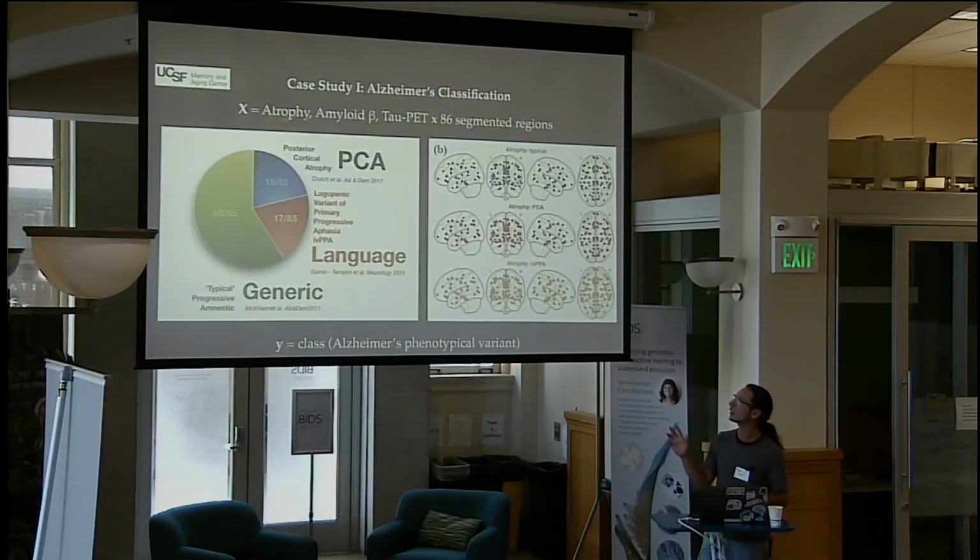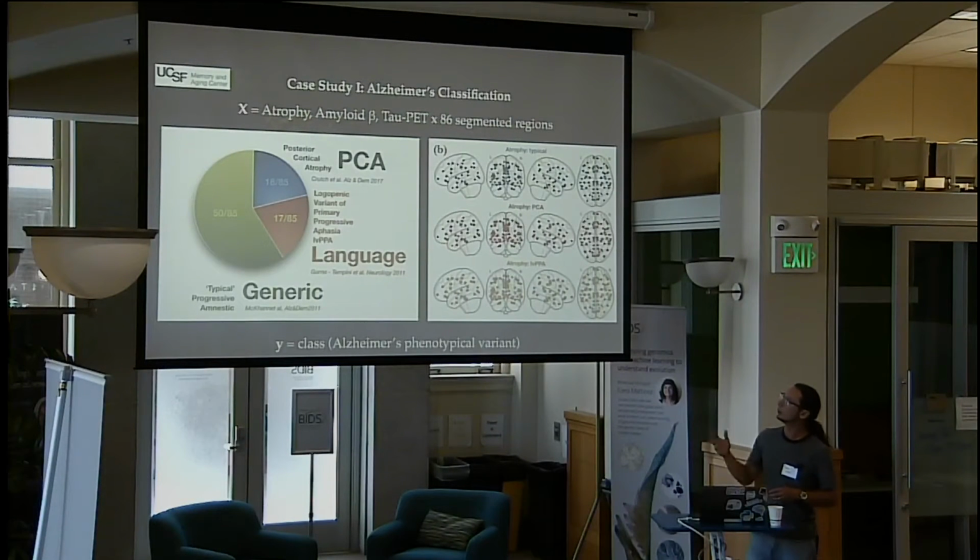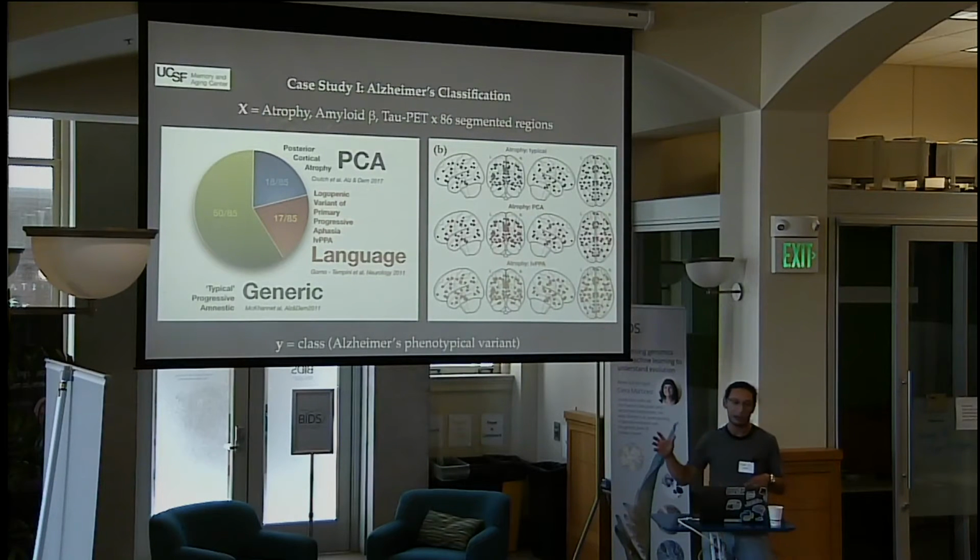And the first work that I will be talking to you about was the data from Gil Rabinovici's lab and Renaud Lajoie, who brought data from 85 Alzheimer's patients that they had at the MAC. And about half of these patients have the so-called typical Alzheimer's disease, where you have loss in memory, traditionally the typical type of memory that Alzheimer's can affect.